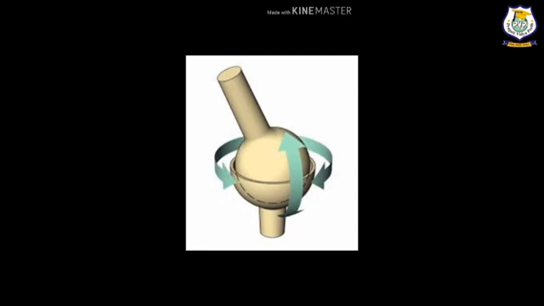Now let's do one activity. Curve one of your hands to form a cup and make a fist of your other hand. Now place the fist of your hand inside the hand cup and try to move it in different directions. Are you able to move the fist in all directions? Yes, we can. This is how a ball and socket joint works. You can see in the diagram also.